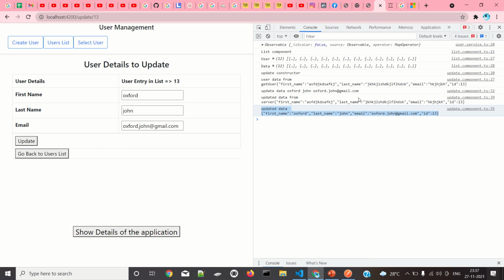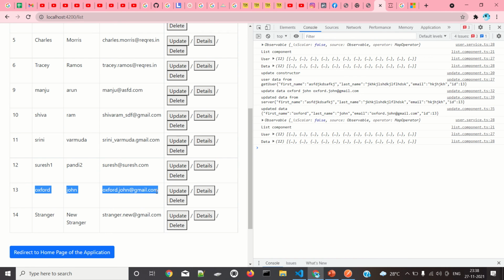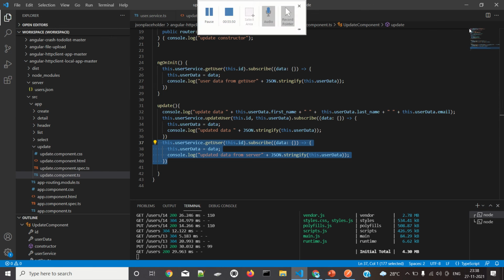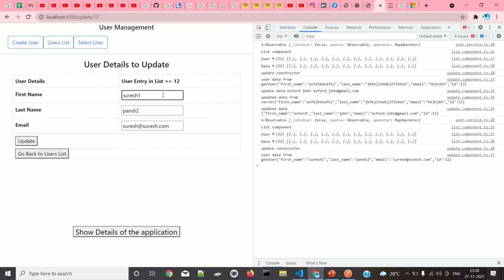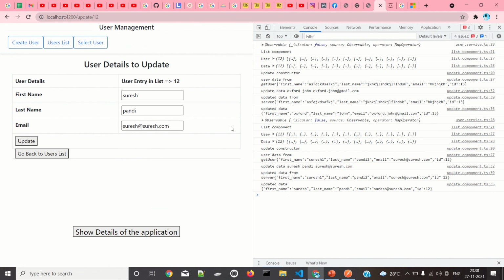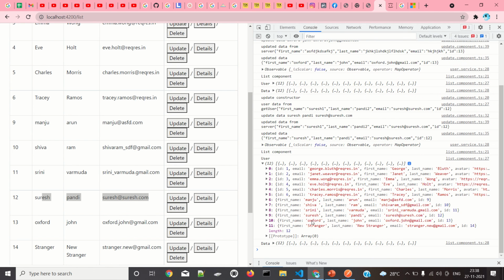So this is the data that is updated, and this is the data that is first coming, and then it gets updated like this. That is how it is working. I will update the data, and I will go back to the user area. I can see here, it is confirmed. We can see the user list also. The user list shows only this new data coming. Here also I removed 1 and 2, so the data is coming here.